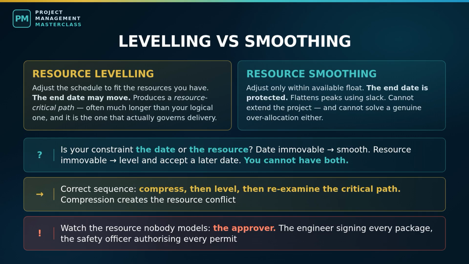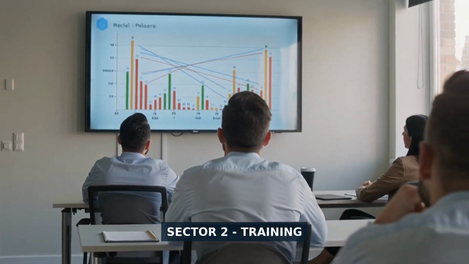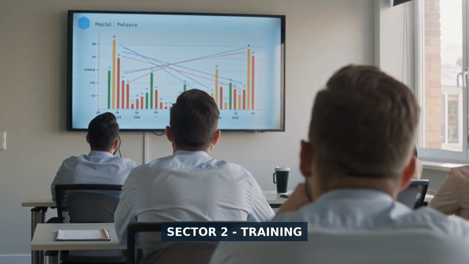When a project mysteriously runs slow with no identifiable late activity, look for a saturated approver. It is one of the most common invisible constraints in professional services and IT delivery, and it never shows up in a Gantt chart. Let's change industries completely, because this next one produces a failure mode you will not meet